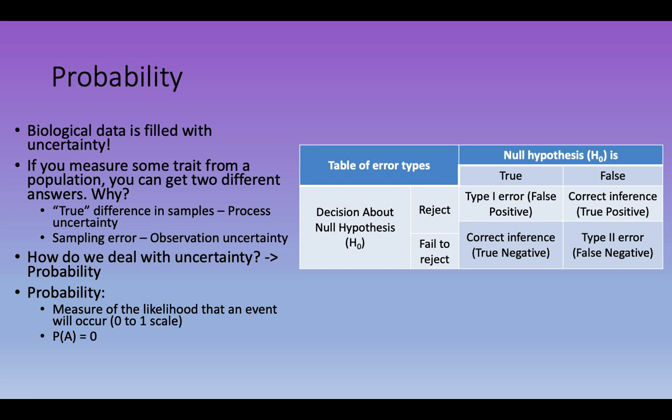Where we've got, you have a null hypothesis, it's either true or false. And after you do your experiment, you can decide to either reject or fail to reject your hypothesis, right? So say your hypothesis is false and you reject it, right? That's a true positive. That means that you got the correct inference. Same thing if your null hypothesis is true and you fail to reject it, right? That means that it was really negative and that's what your decision about your null hypothesis was.